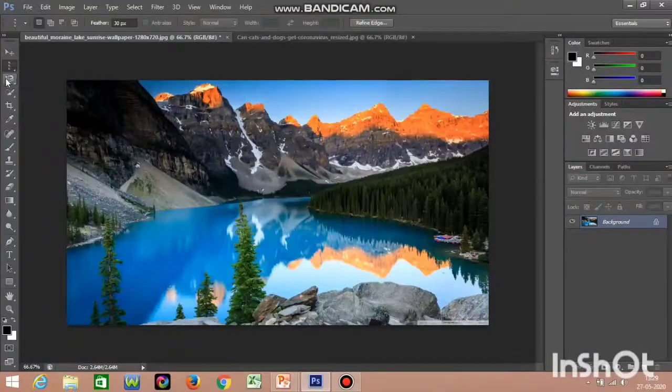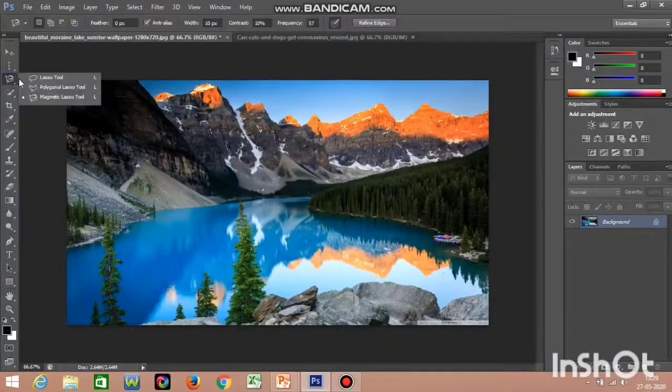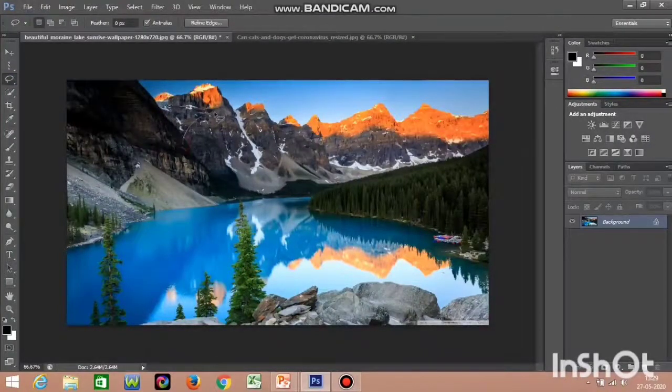So lasso tool is the next tool which is available over here. Lasso tool, as they say, is a freehand tool. If you want to do some selection, it's just like you draw something with your pen on the image and do the selection. This is how you select with the lasso tool. And when it comes to the polygonal lasso tool, again you have to click and then you join it. So this is how you select with the polygonal lasso tool.